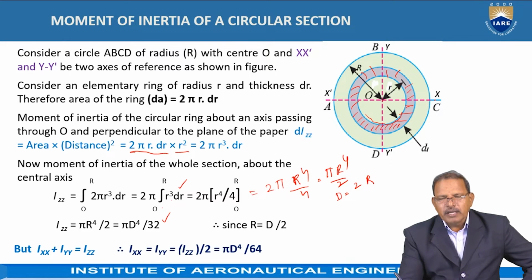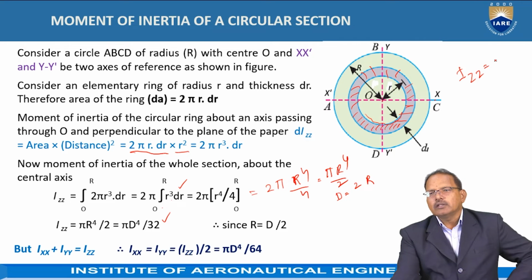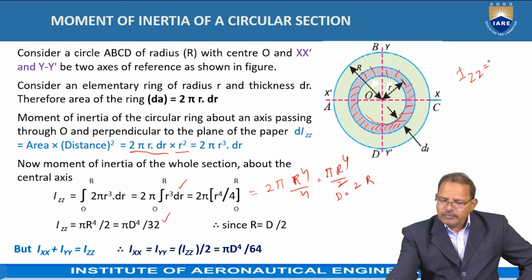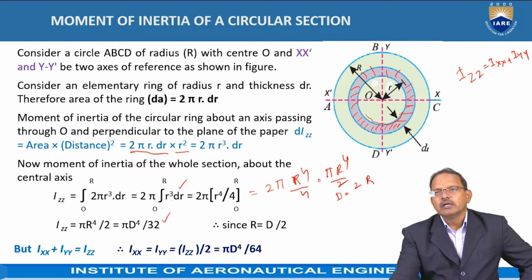This πd⁴/32 is representing the moment of inertia of that entire circular plate about the z-axis. That means I_zz, we got it now. But according to the perpendicular axis theorem, I_z is equal to I_xx plus I_yy. That means the moment of inertia possessed by that circular plate about the z-axis is equal to the sum